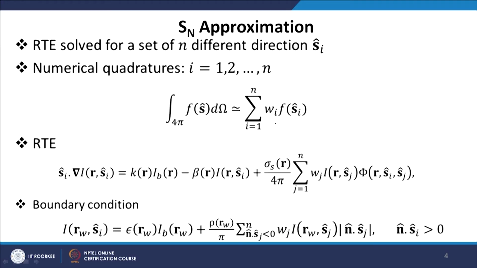We replace the angular integration over solid angles with appropriate numerical quadrature. So, if we have a function f, in this case f will be intensity, that we want to integrate over solid angles, then this integral is replaced by numerical quadrature. We replace it by summation i equal to 1 to n, W_i f(S_i), where W_i is the weight and f(S_i) is the value of f in discrete direction